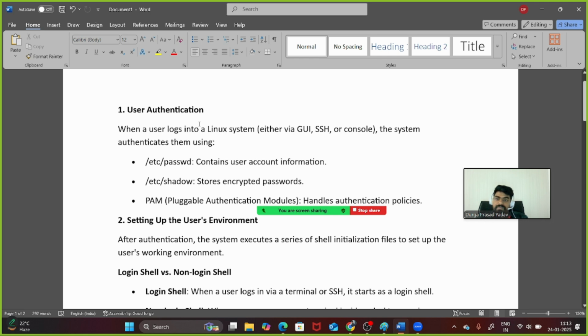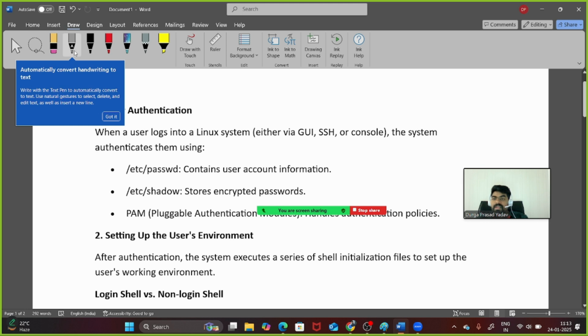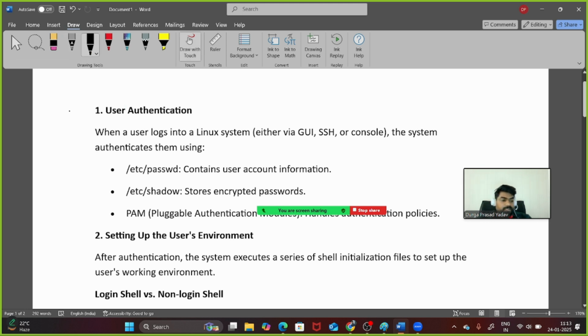Yes, sir. So basically, the first thing here is how the user is getting authenticated. This is the first one. Means when a user logs into a Linux system, either the user will log in through GUI or through SSH or console. Through any way, if any user is going to log in to the Linux system, they need to authenticate the user detail through this file,